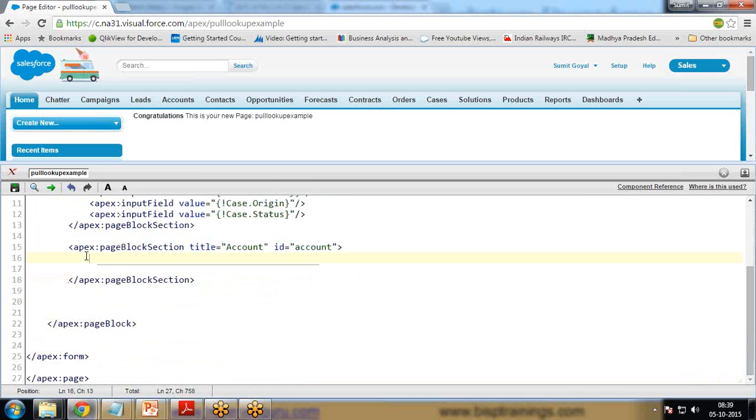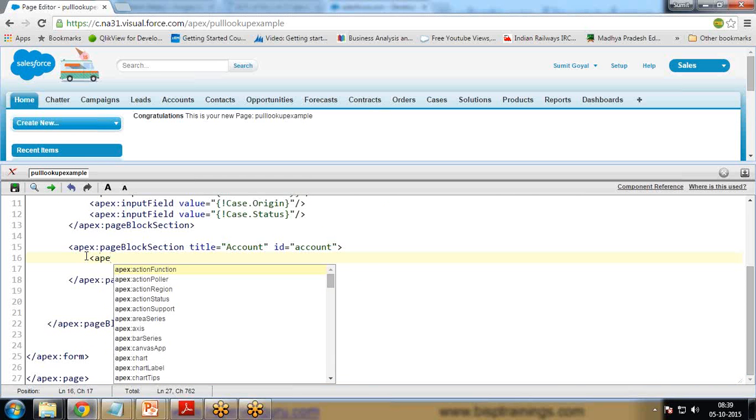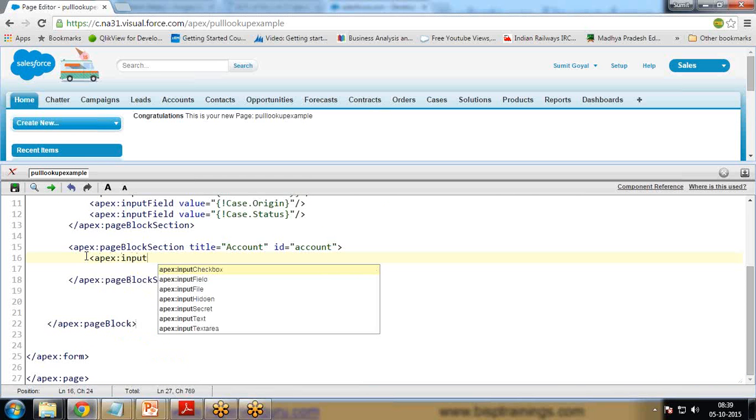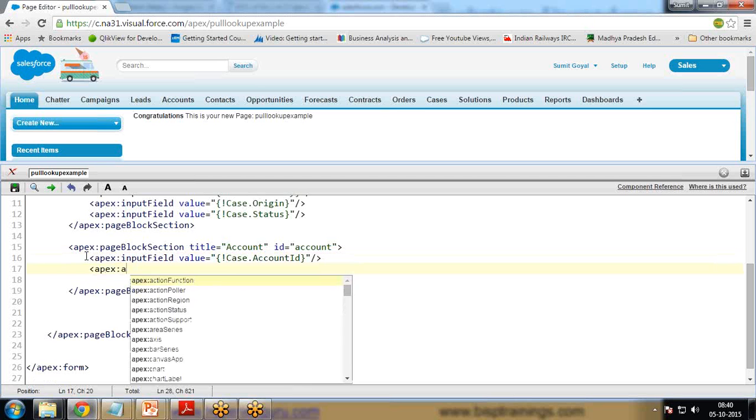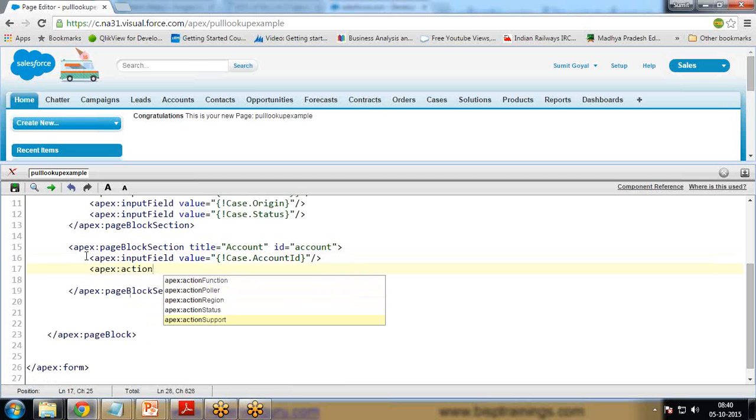Then I write here apex:inputField, apex:inputField value equal to case.accountId, and then we need to add one action support. So apex:actionSupport